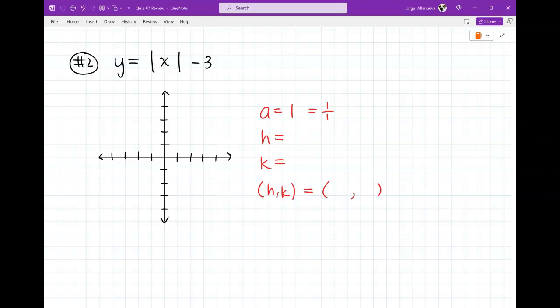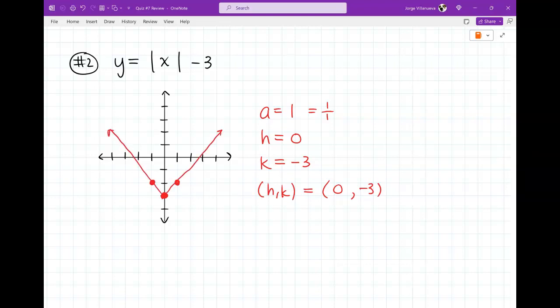It's plus or minus nothing, so it's a 0. And what's my K value? Minus 3. So 0, negative 3 goes right here at your vertex. I'm going to go to 0, negative 3 on my graph, which would be right on the y-axis. Okay, right there. And then I get to apply the slope, which is 1 up, 1 over. So 1 up, 1 over, and do it in the other direction as well. 1 up, 1 over to the left. Connect the dots,